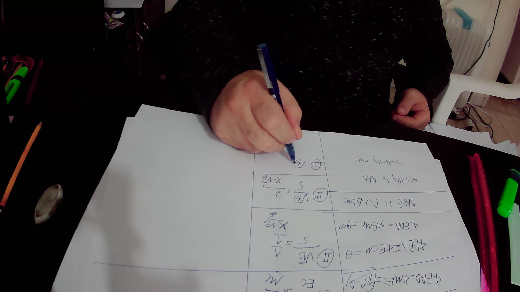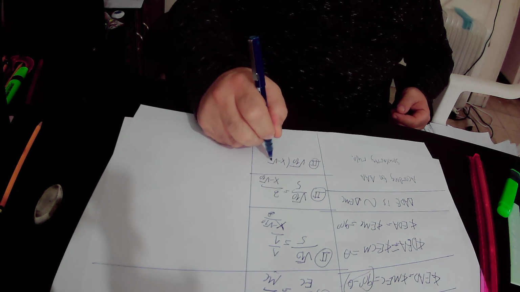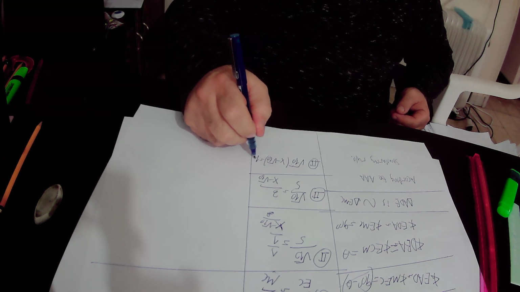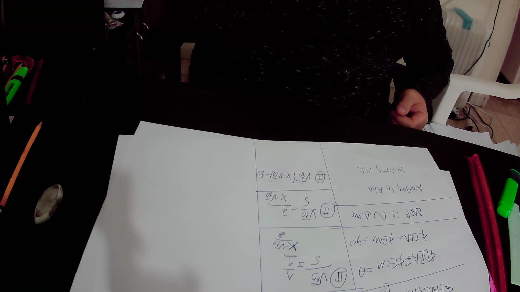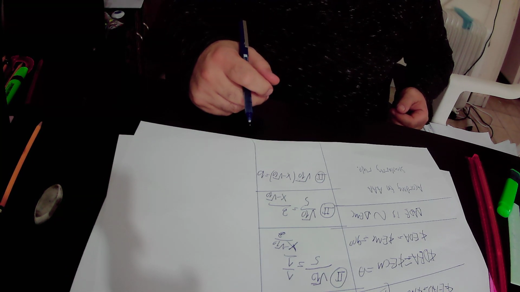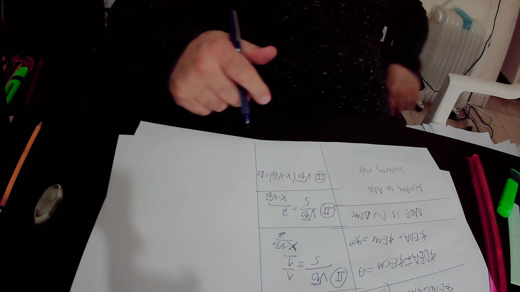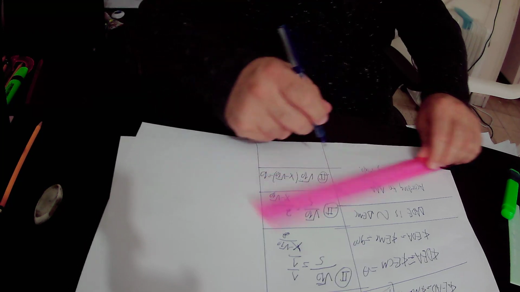square root of 10 times x minus square root of 10 equals 5 times 2, which is 10. And we know that 10 is square root of 10 times square root of 10, so we substitute 10 by square root of 10 times square root of 10, and we get that according to equation number 2,